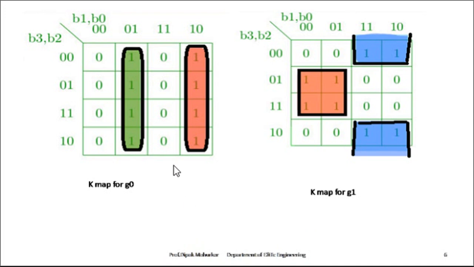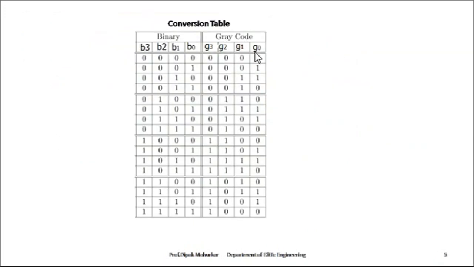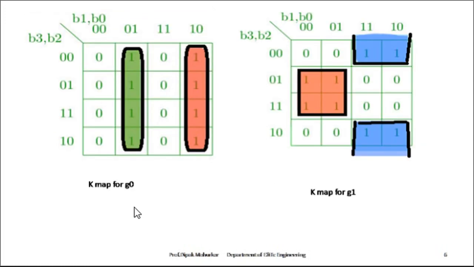Then your next task is the K-map for G2. Our task is the construction of the K-maps for G0, G1, G2, G3. So we are constructing four K-maps with B0, B1, B2, B3. The values are written 0, 0, 0, 1, 1, 1, 1, 0. Here we are following the gray code: 0, 0, 0, 1, after that 1, 1. Only one bit will vary. If you compare these two, only this one bit varies. Here only this one bit varies.